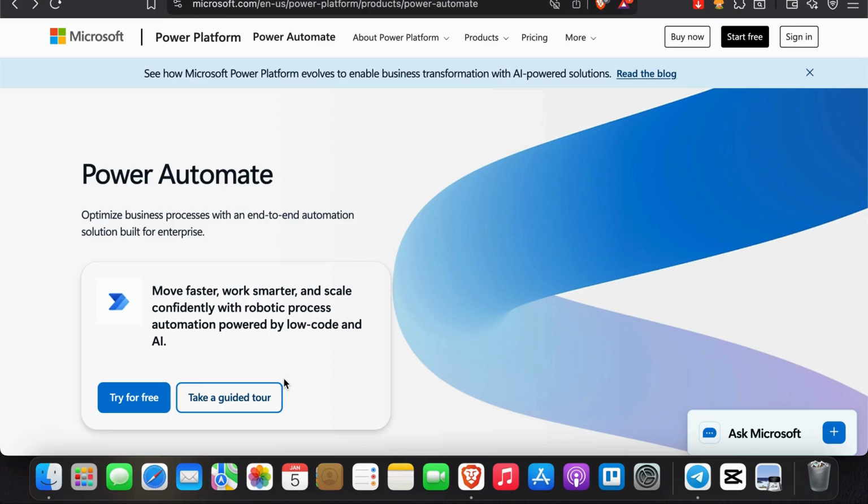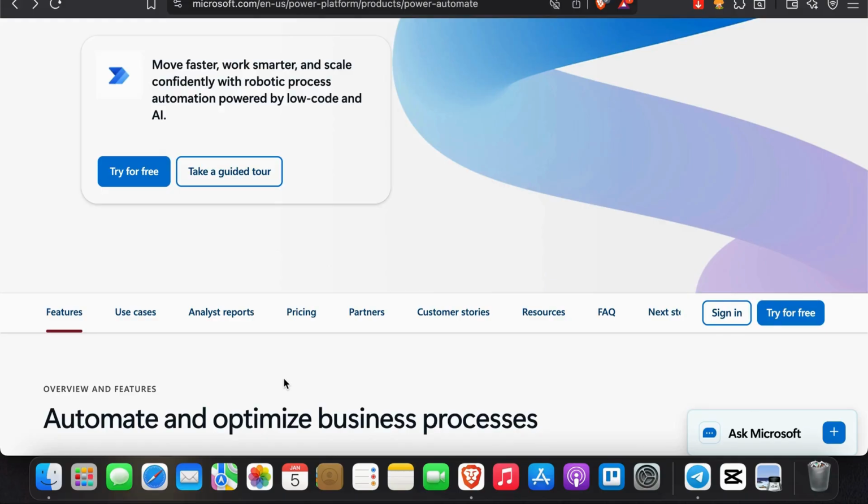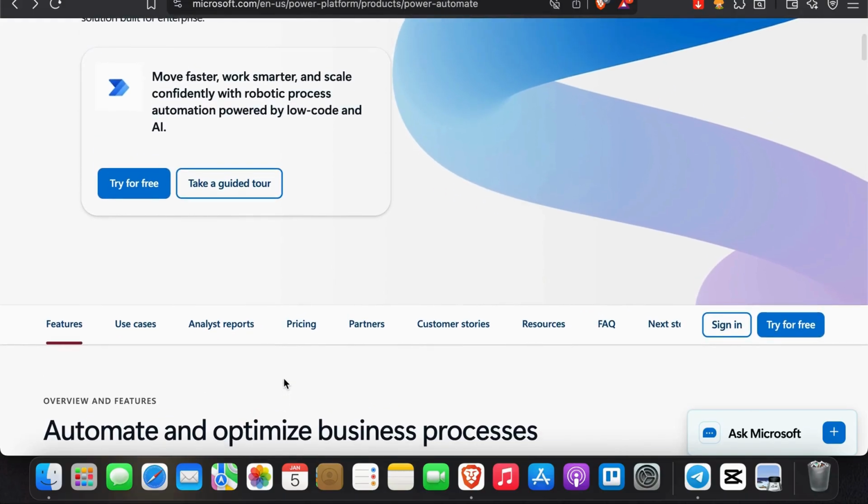Let's get started. Step 1. What Power Automate is and why it matters. Power Automate is Microsoft's automation tool that allows you to connect apps, trigger actions, and automate workflows. In simple terms, when something happens, do something automatically. When combined with Microsoft Teams, it becomes a powerful way to reduce manual work, improve communication, enforce consistency, and save time